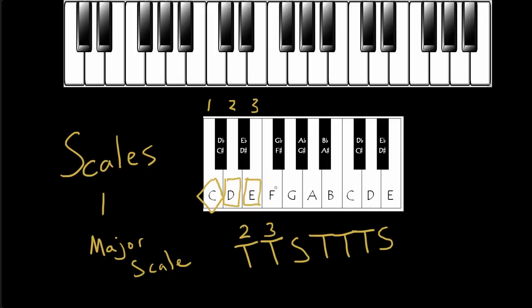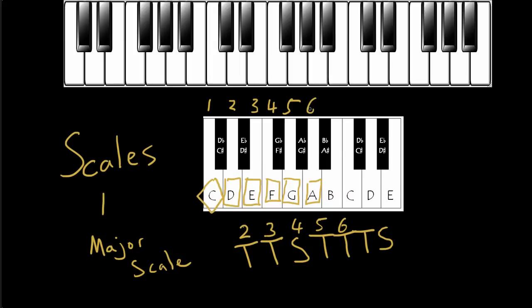So for the next step in the scale, we need to just go up a semitone rather than a tone. So we just want the next note up, which is this F here. So we might say that's the 4th note of this scale. And then we want a tone for the next one, so up 2 notes, 1, 2. There's our G. Carry on the pattern, another tone. Just put all these numbers in. There we go. So for the 6th note of the scale, we want another tone, so that gets us to